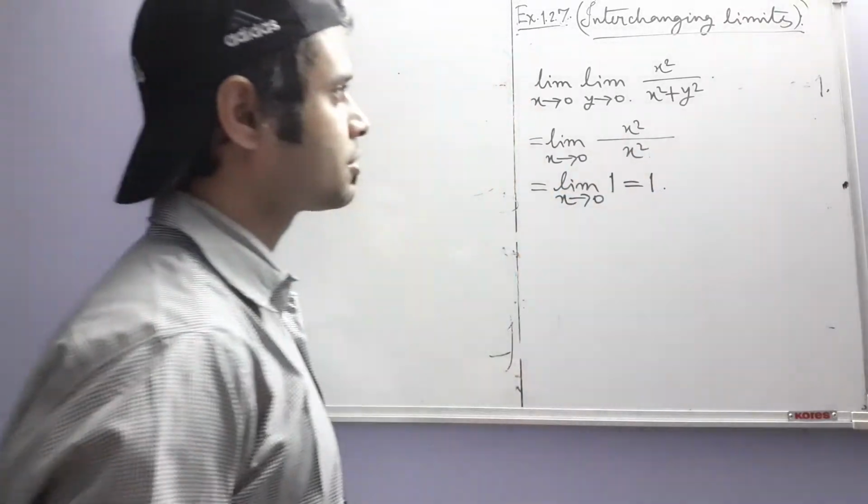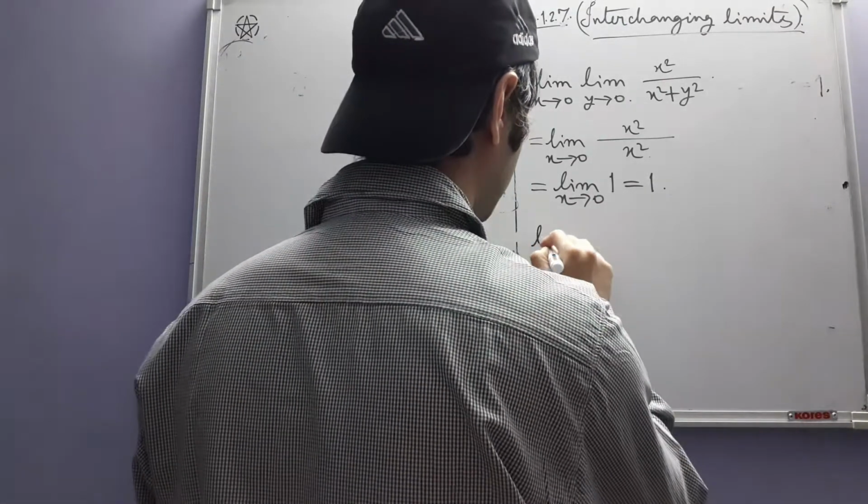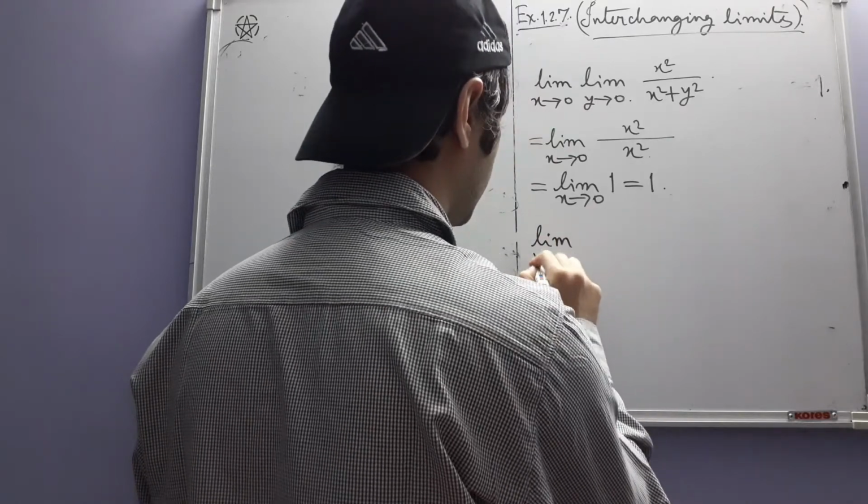And this iterated limit becomes 1. What about the other one? If we change the order,